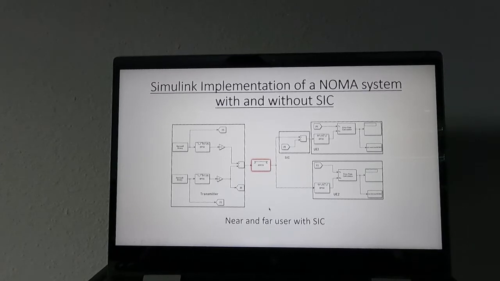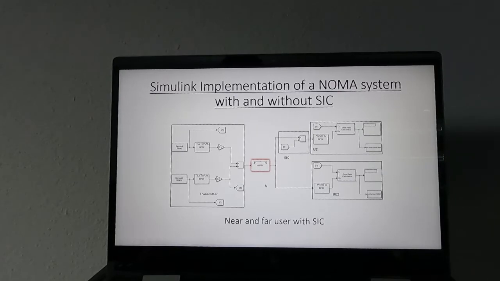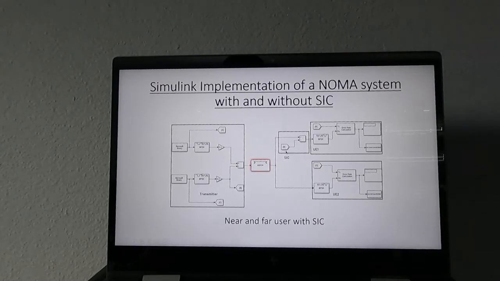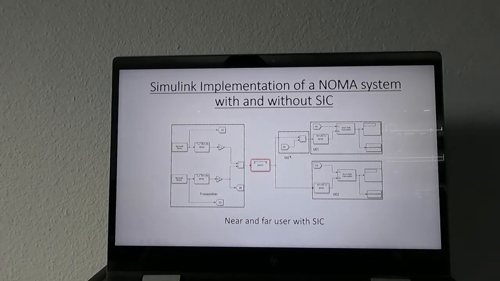Here's an example of a NOMA model with SIC. The near user A1 gets a lower power because it's closer to the transmitter. The far user is assigned a higher power, but because the higher power interferes with the near user, the user subtracts the message from the far user before decoding its own message. So in this way,